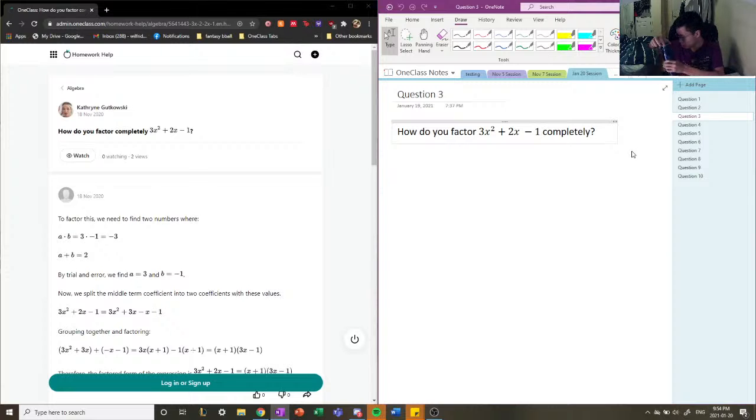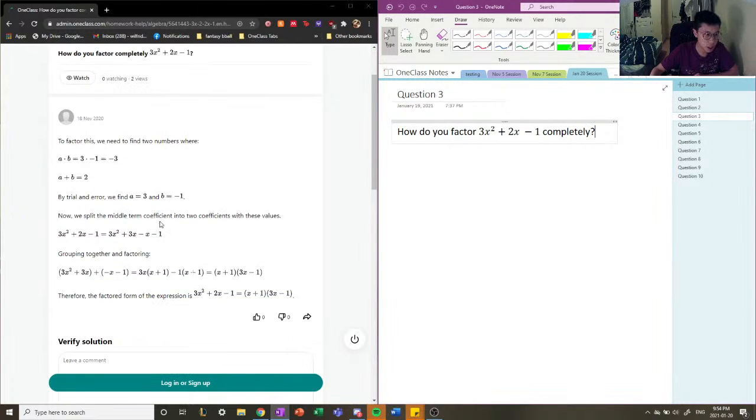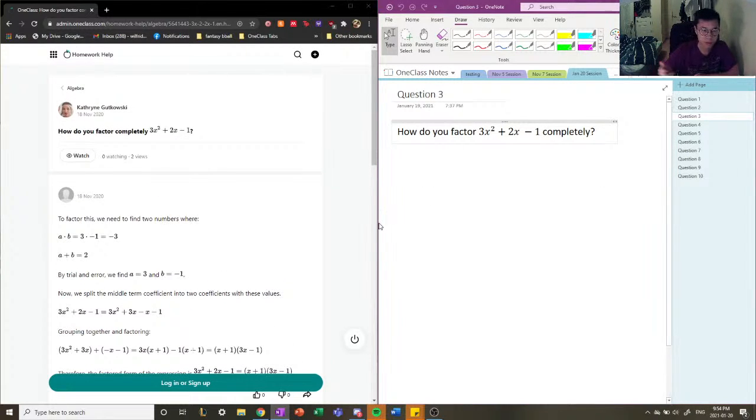So the junior tutor used the technique of grouping to satisfy this question here. We're going to use a technique I like to call the cross multiplication method to solve it. I'll also cover the method that the junior tutor used here. Okay, so in the cross multiplication method, you basically are trying to factor the standard form of a quadratic function,